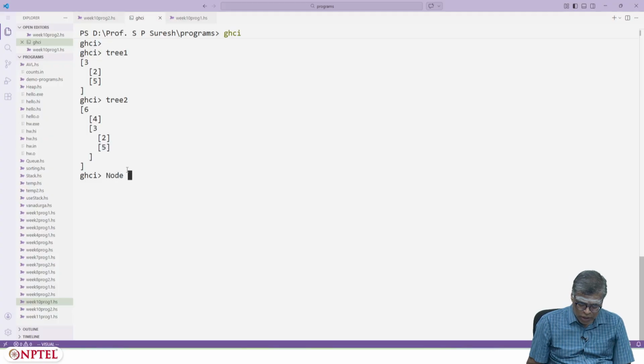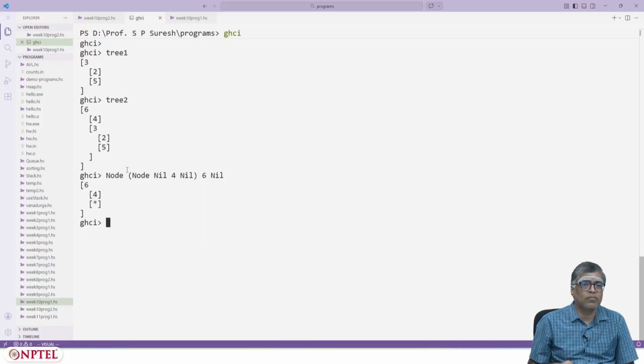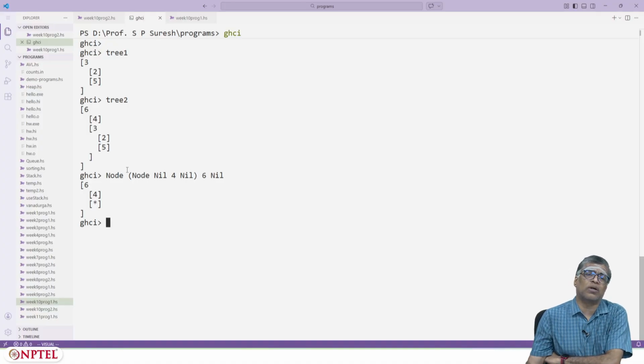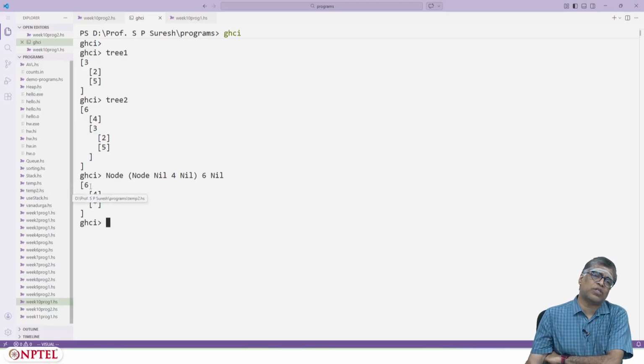You would have to write something like this otherwise. Node of nil 4 nil 6. So this is how you would have to write trees, and this is hard to parse. But here 6 has left subtree which is 4 and both its children are nil. The right subtree is nil, which I am denoting by putting a star. The star tells you that there is a left subtree for 6, but the right subtree is nil. So in such cases, I will put a star.